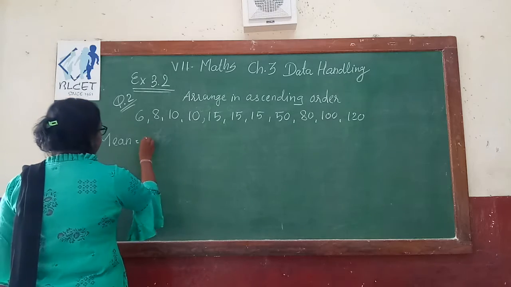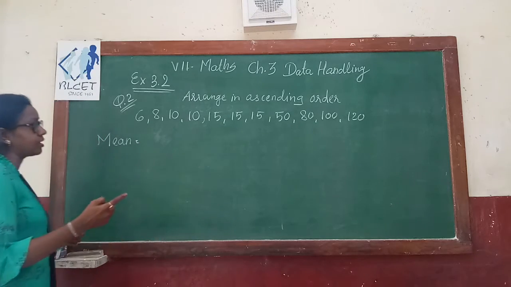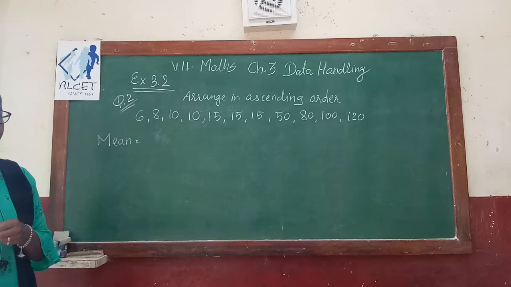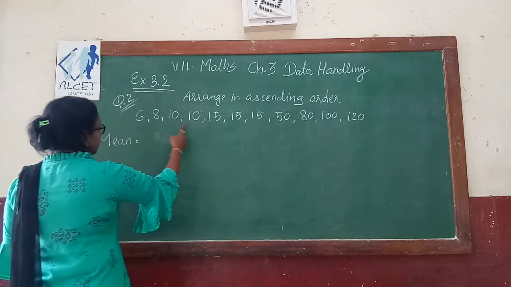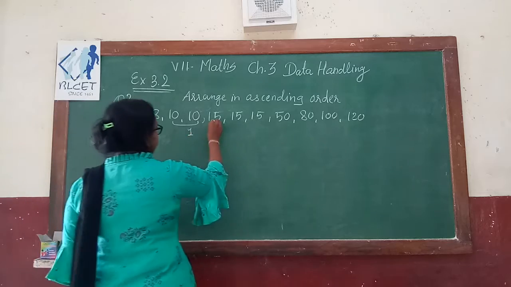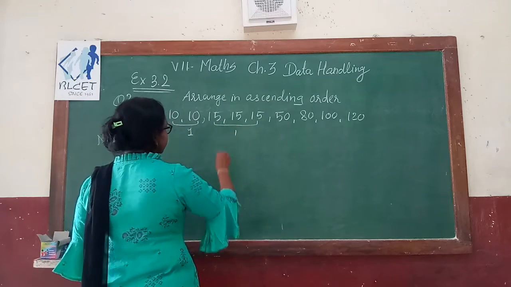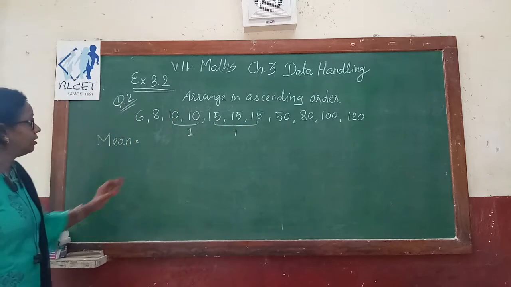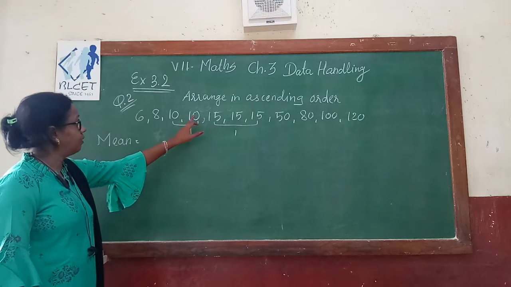Okay. If we don't want to repeat an observation, that many observations we have to cancel. Suppose here 10 is repeated 2 times, we consider only 1 time 10. Here 15 is repeated 3 times, we consider 15 only once. So how many observations are cancelled? 1, 2,